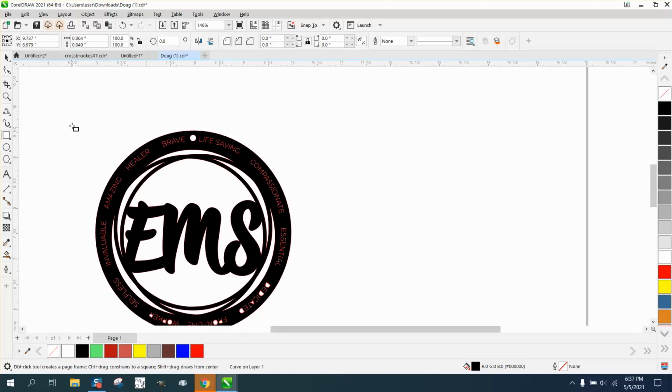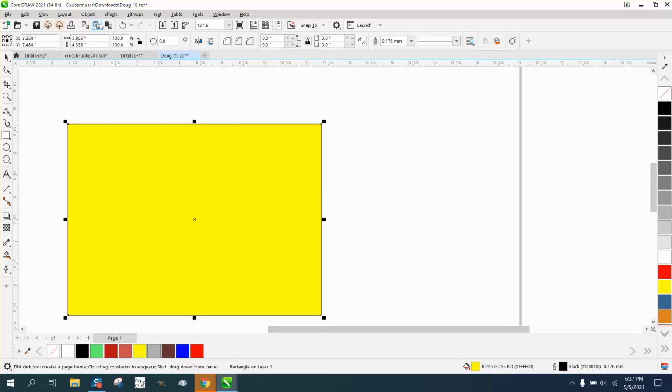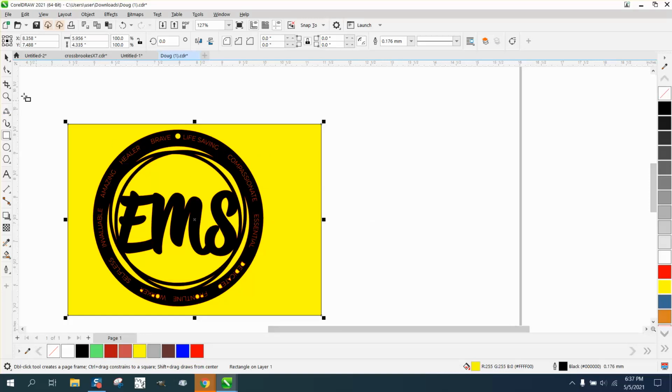Now take a yellow box, make it yellow by left clicking, go to Object, Order, Back of Page. And now you can see. And what we can also do is take